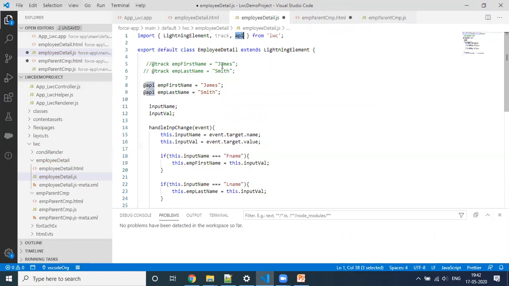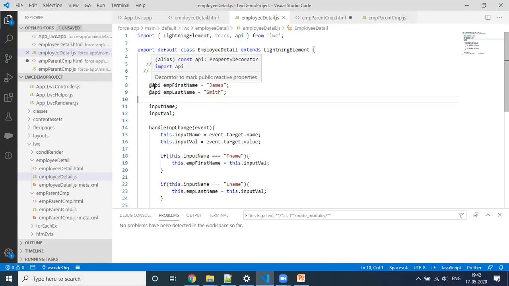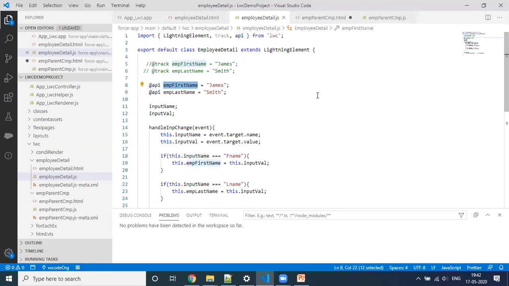In case VS Code doesn't take it automatically, you can type here a comma and @api, or else it will throw an error. So it will import the api library here. Now when I have declared this with @api, it becomes a public property, and we can now pass this value from the other component, the parent component.